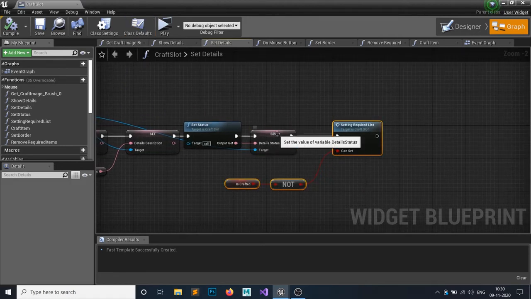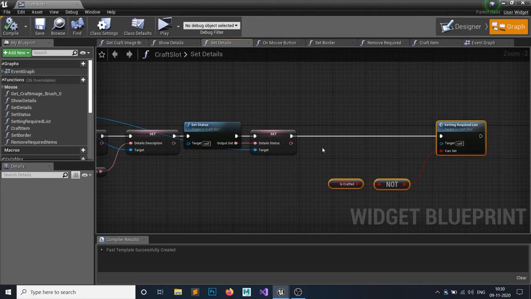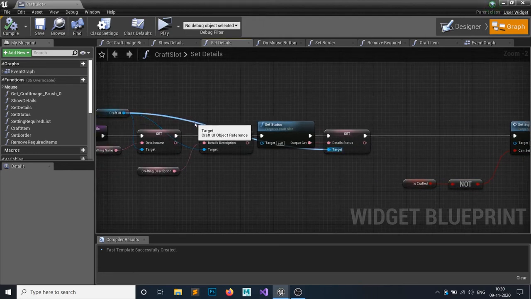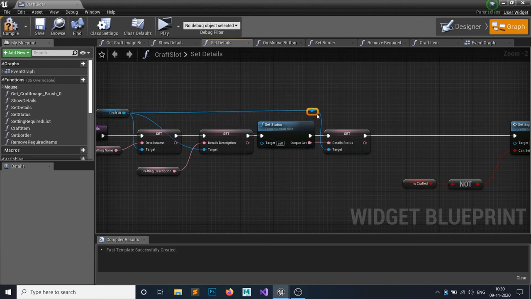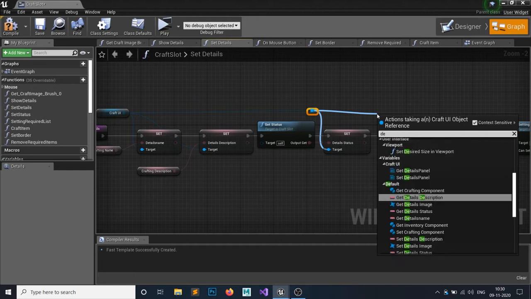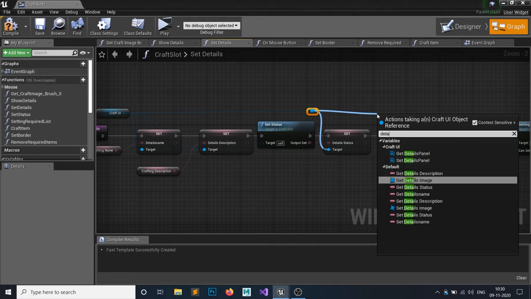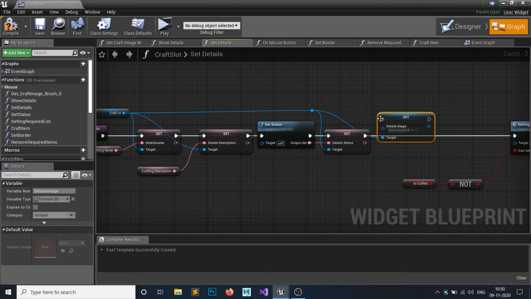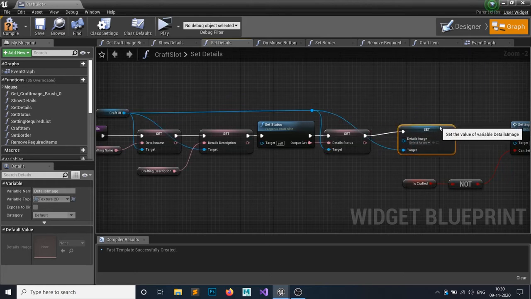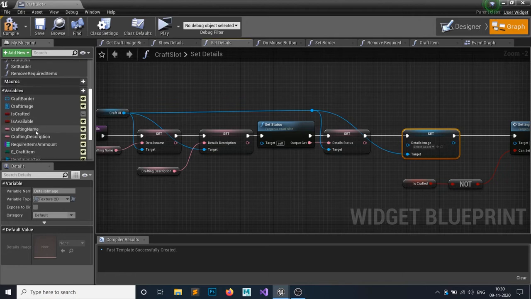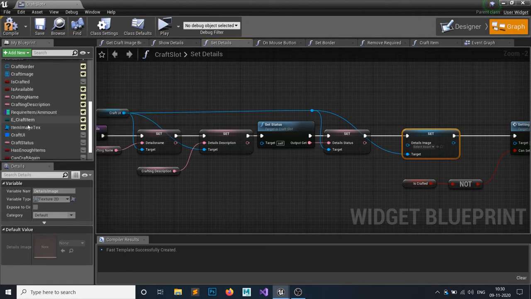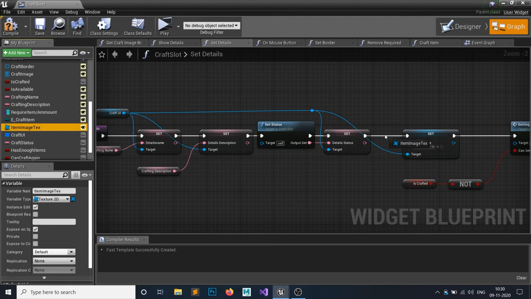So before setting the required list, I want to set up the image as well. Just double click to add a reroute node here, and from the craft UI, set the details image, and the details image I want to set is the variable of the details image in here. So this texture, this one, it should go in here.